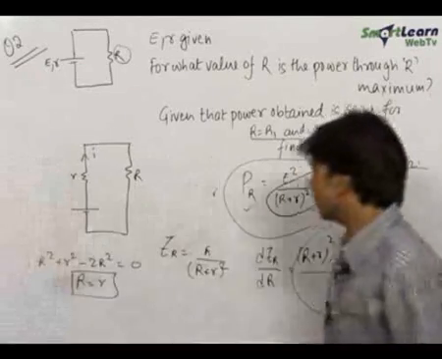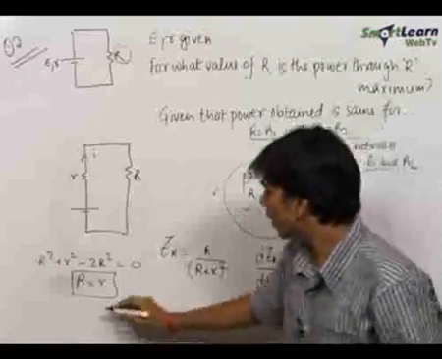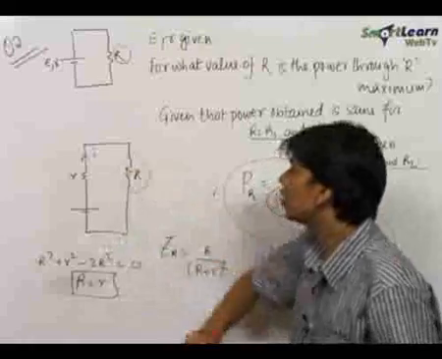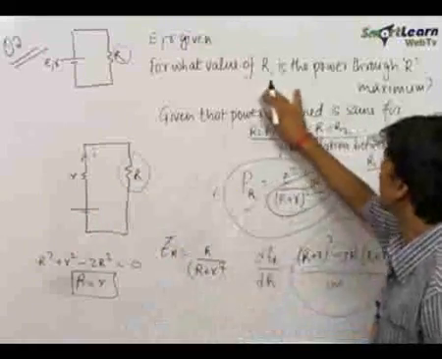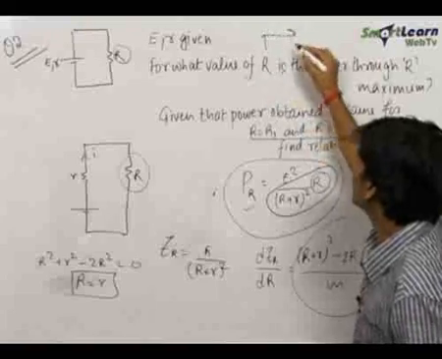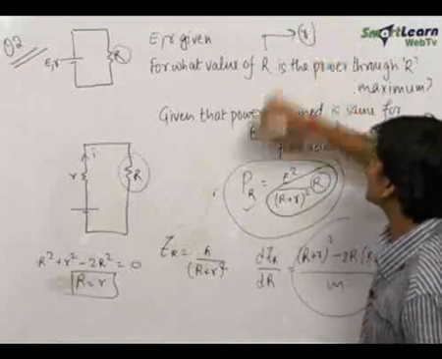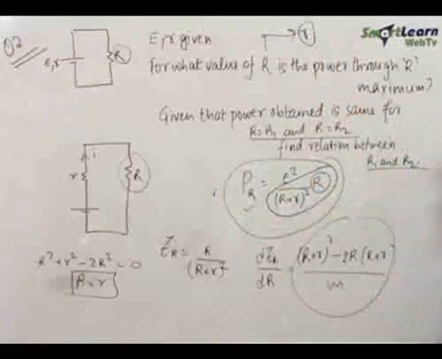Therefore we now know that the power is maximum for the resistance equal to the internal resistance of the battery. Therefore our answer for this part is for what value of R? We get the value of R equal to small r, that is the internal resistance of the battery. Now